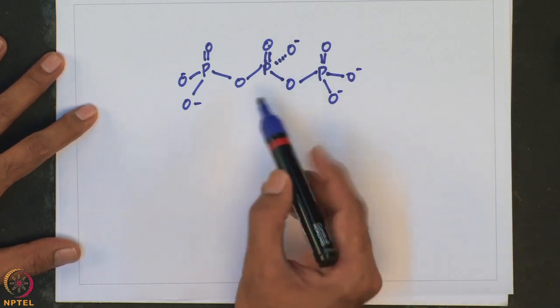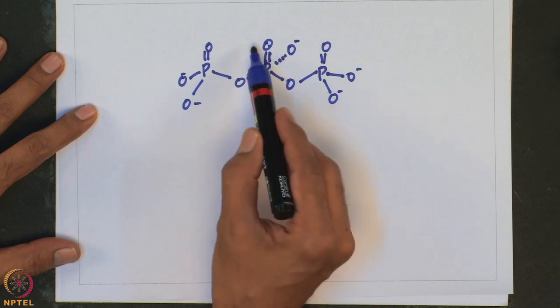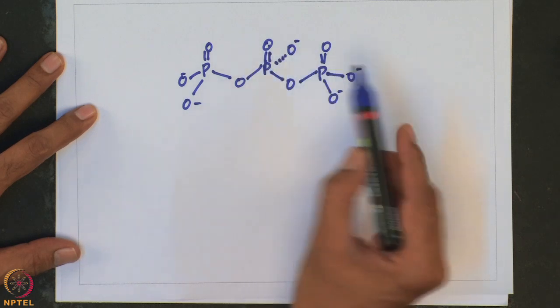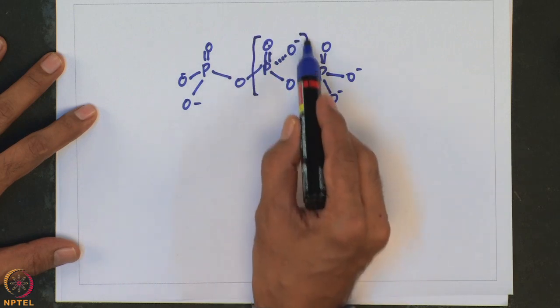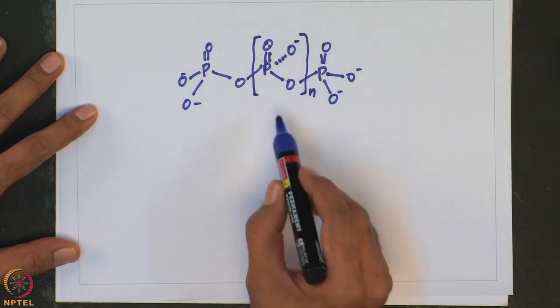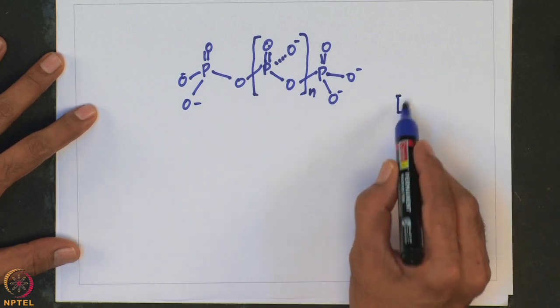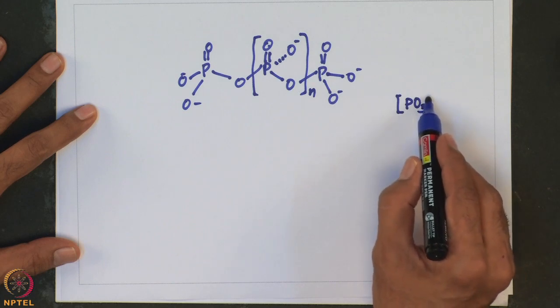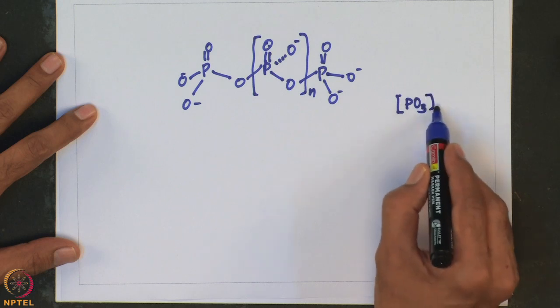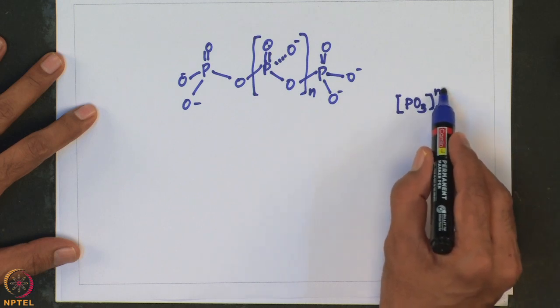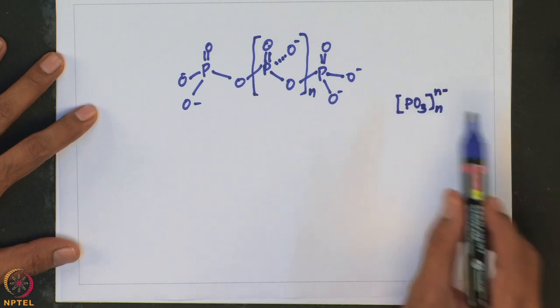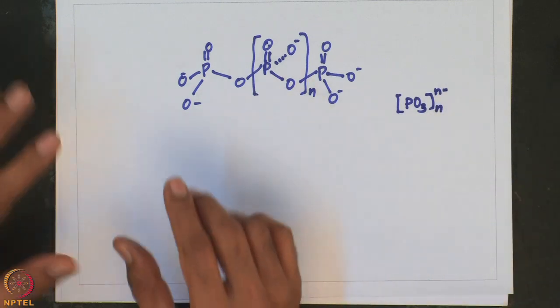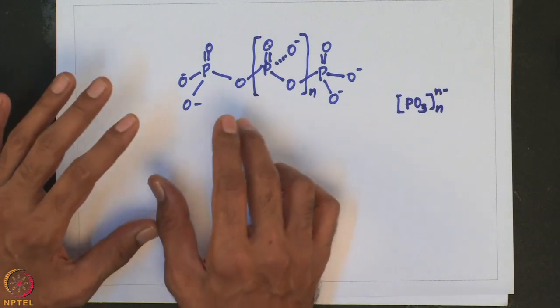So, in this one what one should consider is this one is a monomeric unit, and if you consider this as a monomeric unit, we can write comfortably PO3 N and N minus. So, N is 1, this is also 1. So, this is how, and of course, here by adding PO3 2 minus groups, we can terminate